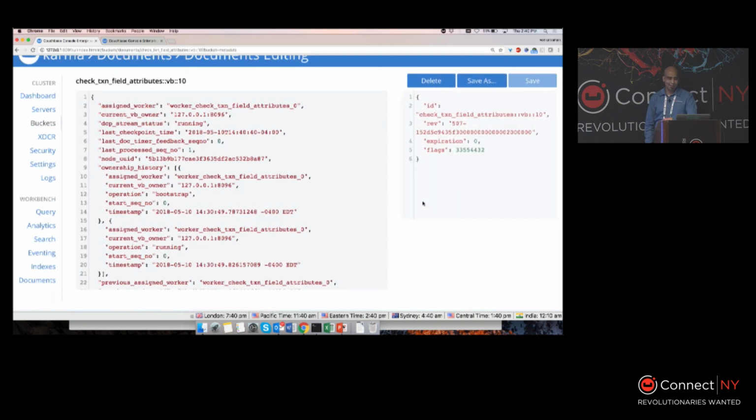How does metadata work in XDCR setup? Let me take a step back. The function works only on this cluster. It does not work on the other XDCR cluster. You have to manually export this JSON and put it into a different cluster for it to work. Metadata bucket, I don't think you should be XDCRing it. If you're doing it, then